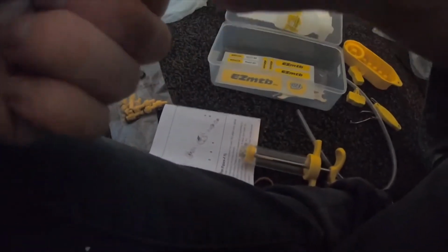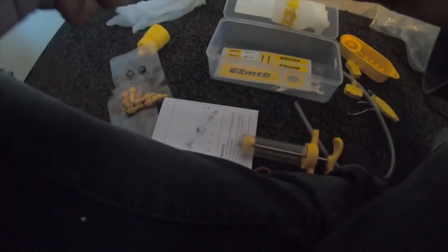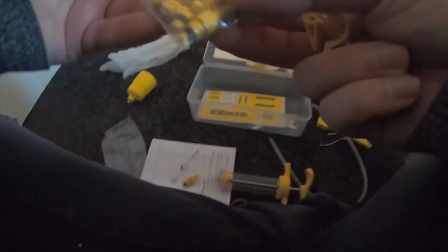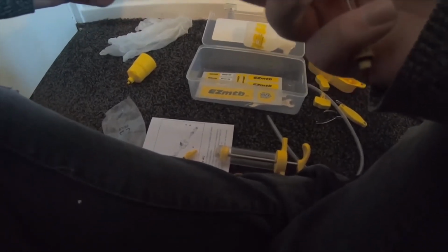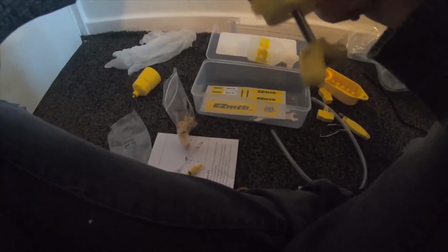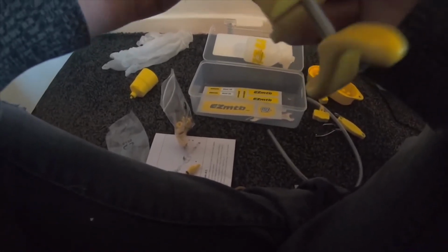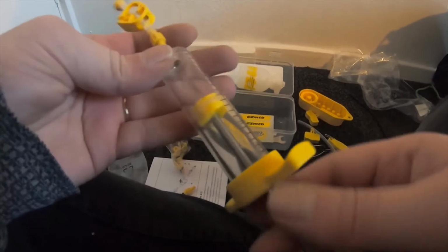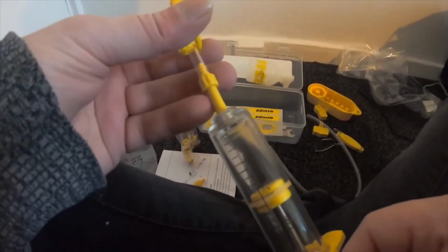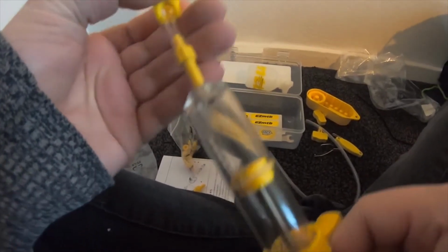So let me take that one off and see. It looks a little bit like the bigger one. It does look like that. That does specifically go there. I'm pretty sure it does. It looks like it. Okay. I think that's right. Alright, so yeah, it's a little bit cranky, but I guess you could clip it off